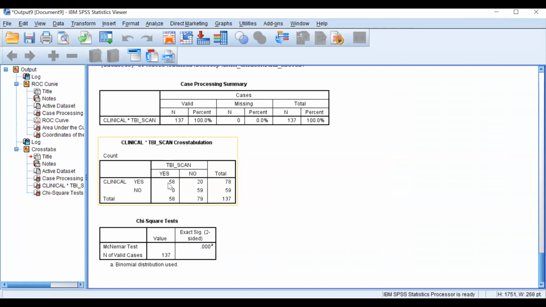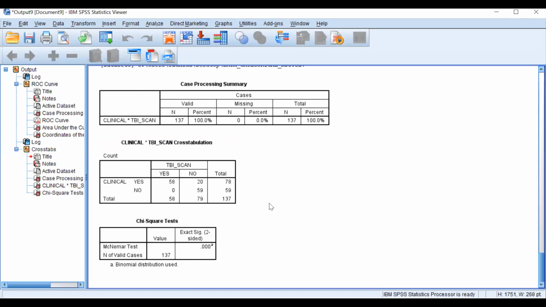Now, when it comes to true negatives, if you see here, it is 59. That is 20 here. Actually, if both the tests are equally identifying, it will be 0 here. So you can see it is 20 over here. That means only 59 are true negatives, whereas false positives are more here. False negatives are 0, but false positives are like 20 here, right?